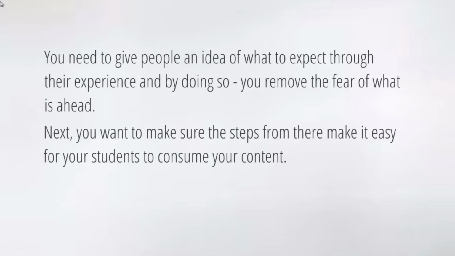Next, you want to make sure that these steps from there make it easy for your students to consume your content. So like I previously mentioned, maybe you have the welcome video, and then after that, you have maybe a checklist that they can download, and whatever else will make it easier. So in other words, you don't have to necessarily make more videos besides the first introduction video, but you want to lay it out so that you can see, okay, should I put all of these videos, step 1, step 2, step 3, all different steps,